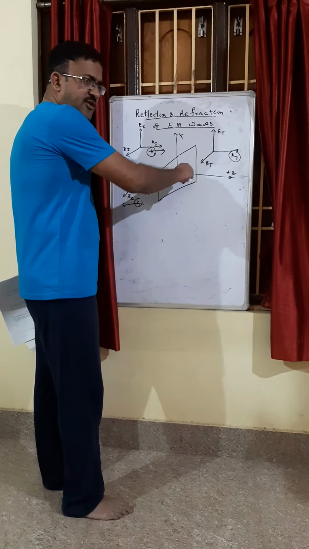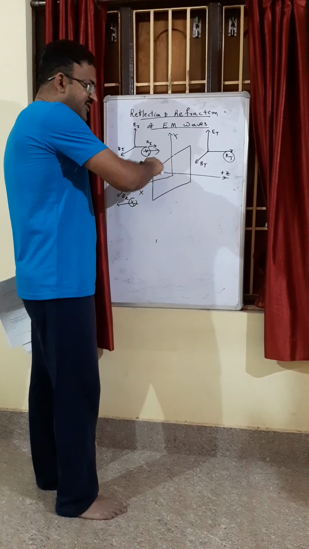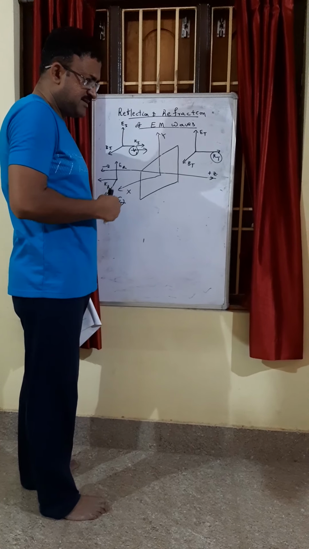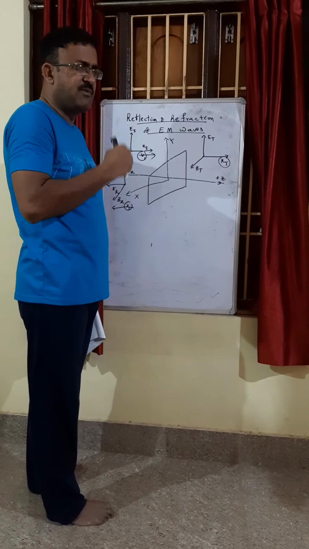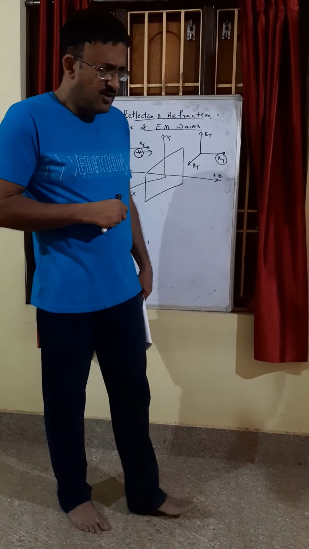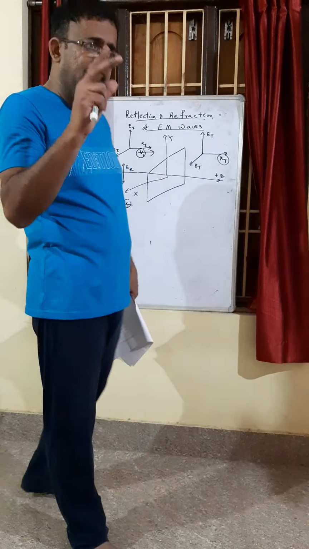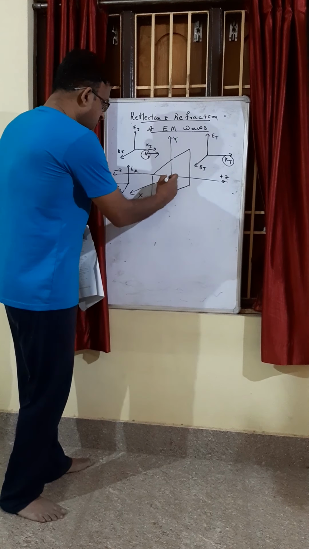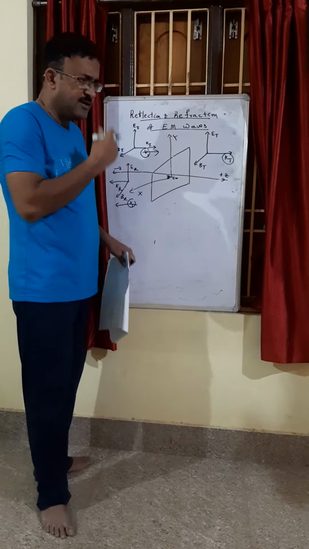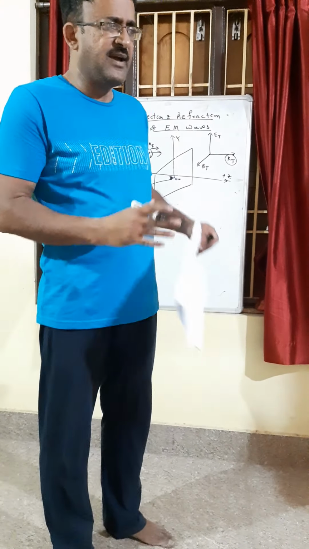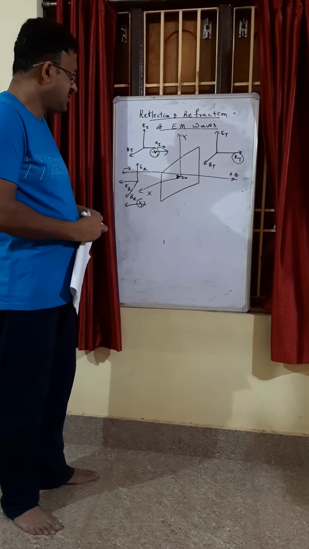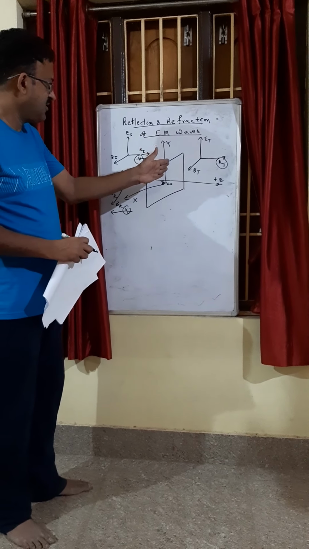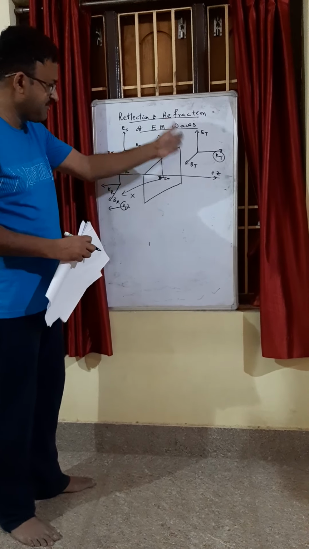Because the propagation vector is only the normal component, the z direction is normal to the boundary, whereas all these y and x components are tangential to the boundary. And if you remember the boundary conditions, what are the boundary conditions for the tangential component of the electric field? Near the boundary, meaning you have to put z equal to 0, isn't it? So what happens near the boundary? Your tangential component is continuous. What do you mean by tangential component is continuous? The total tangential component of the electric field on the left must be the same as the total tangential component of the electric field on the right.